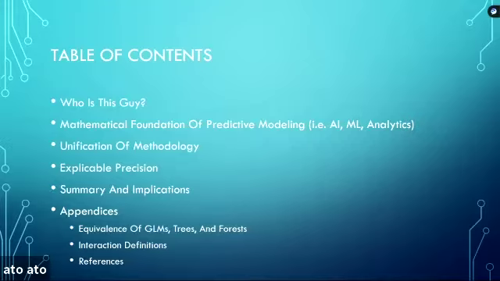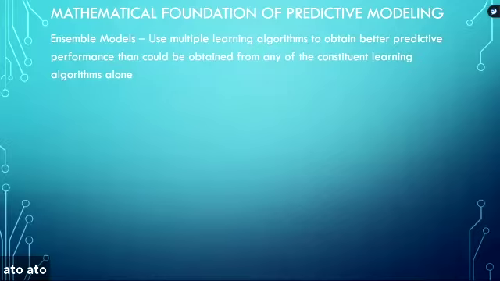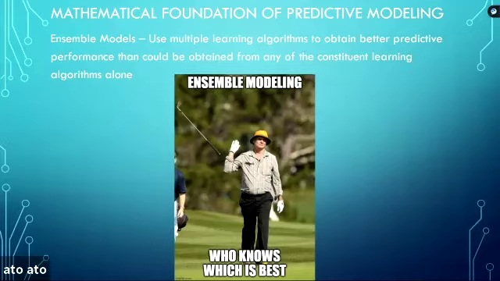Okay, so now we get to my favorite part. After you go through that, you take your bachelor's in data science and you learn about all these different techniques. You learn about MARS, you learn about neural nets, you learn about GLMs, you learn about trees, and then you get to ensemble models. If you go and look at what's written up in Wikipedia with respect to these things, it says, use multiple learning algorithms to obtain better predictive performance than can be obtained from any of the constituent learning algorithms alone. It sounds really nice, but it's really just this.